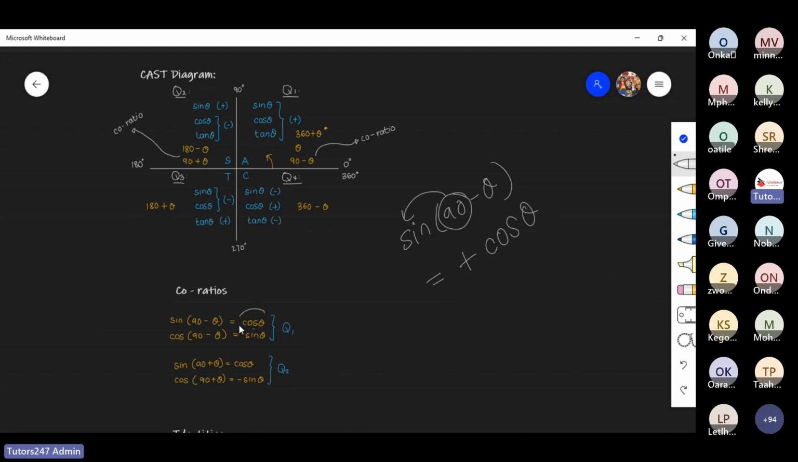That is how we are able to get positive cos theta. Let's have a look at the next one. If we have cos of 90 minus theta,